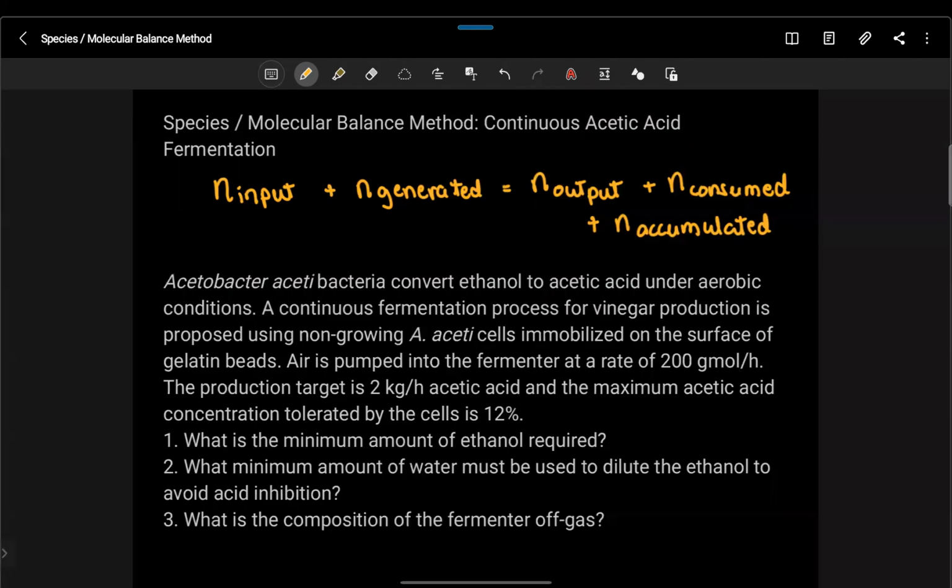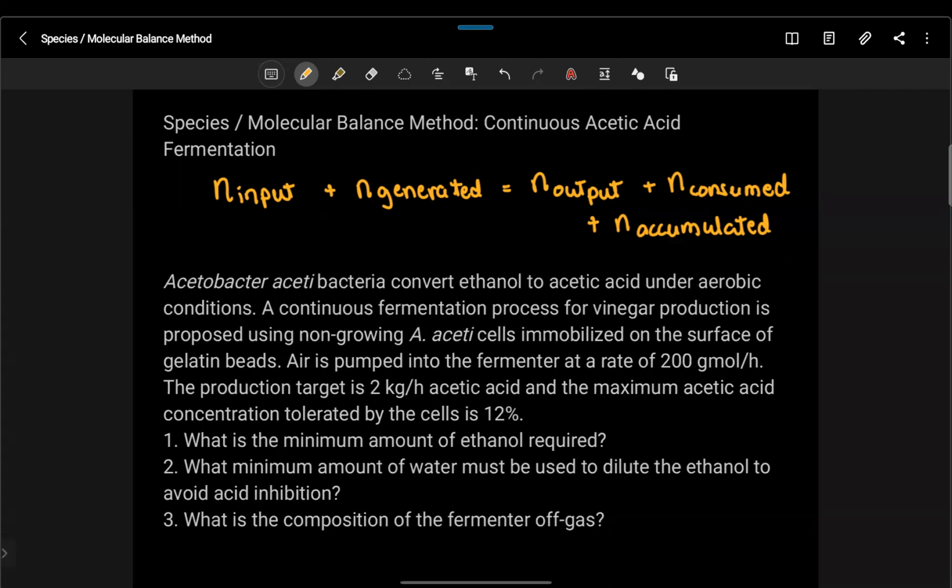Hi everyone! In this video, pag-aaralan natin kung paano mag-solve ng material balances involving reactions using the third method, which we call species balance or molecular balance method. And here we will have an example that involves a bioprocess, specifically acetic acid production using fermentation or continuous fermentation. But before that, let's discuss a little bit about this method and how do we use this method later on